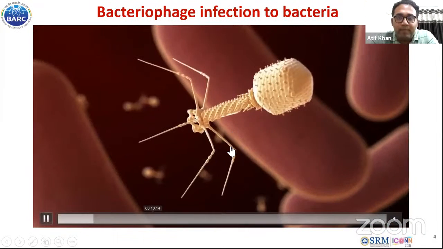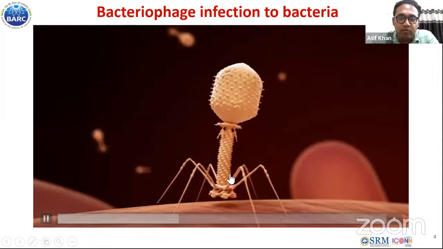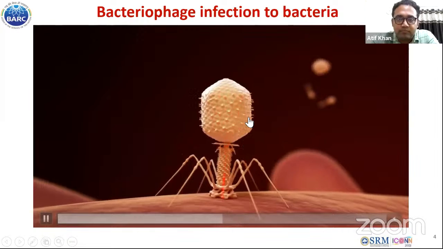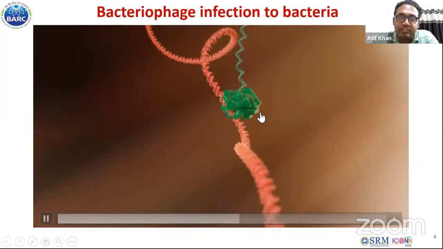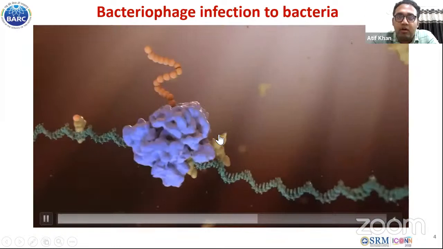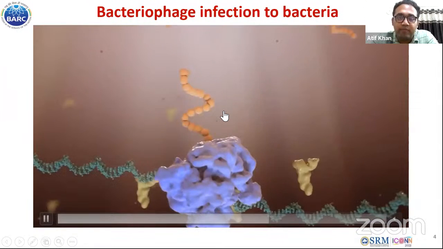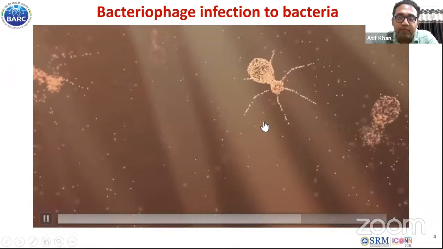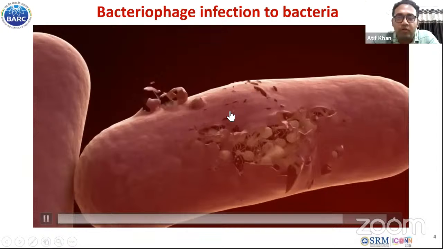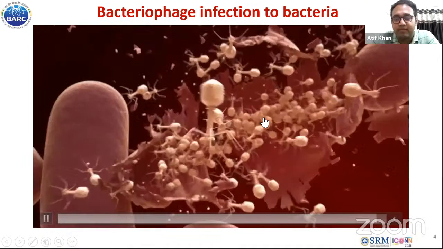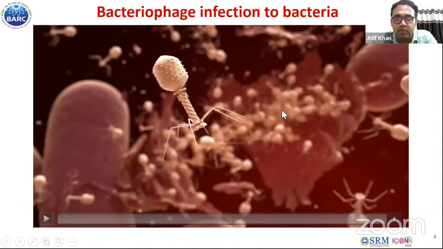So when a bacteriophage infects a particular host, it will inject its DNA inside the bacteria and use the bacterial synthetic machinery to synthesize all the components required for new bacteriophages. New bacteriophages are synthesized inside the bacteria, and they will cause the lysis of the bacterial host and the release of a lot of new bacteriophages.